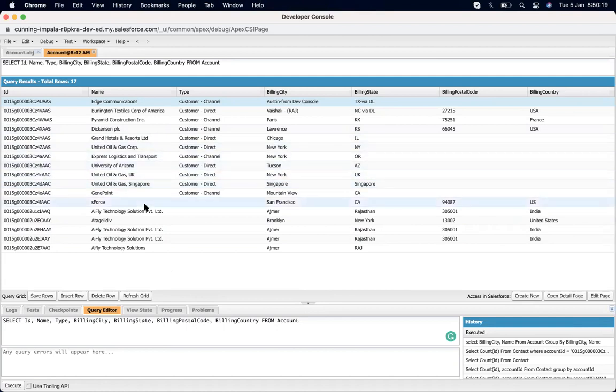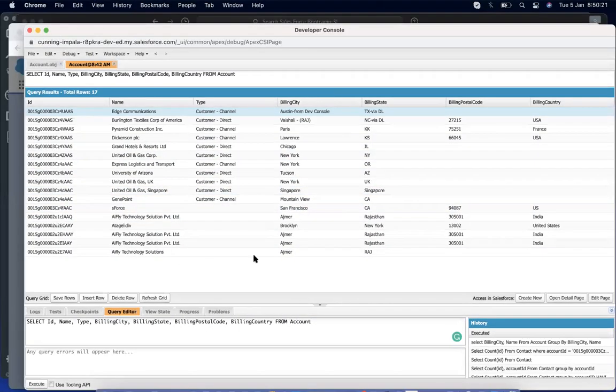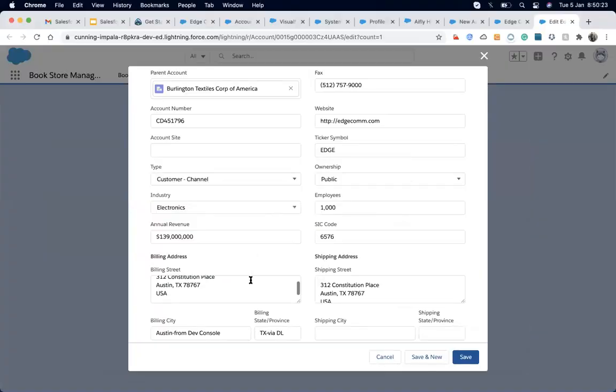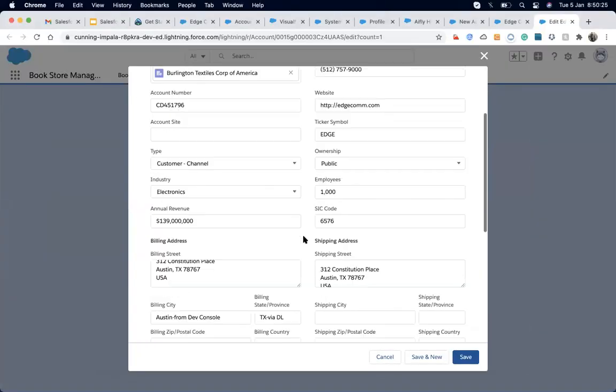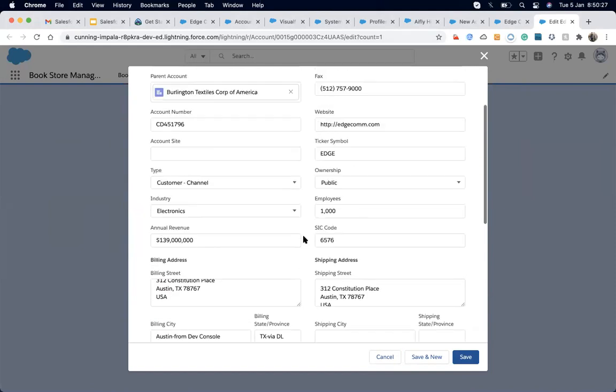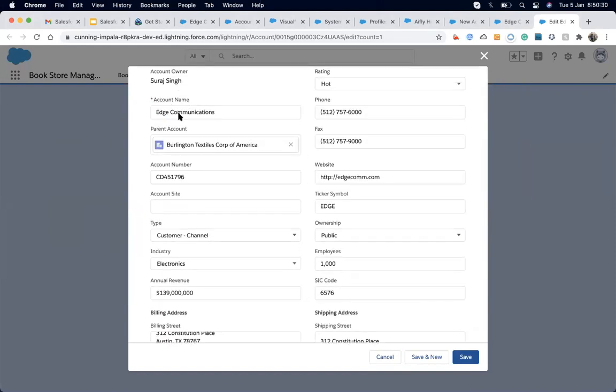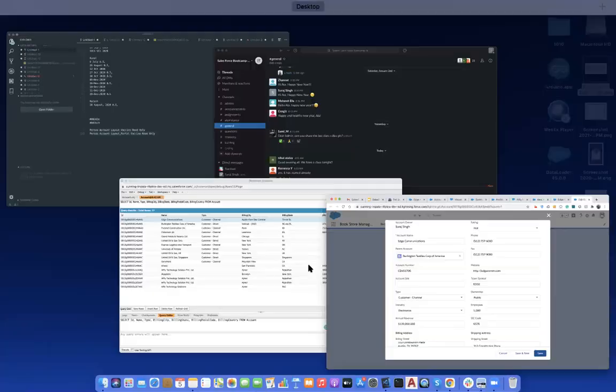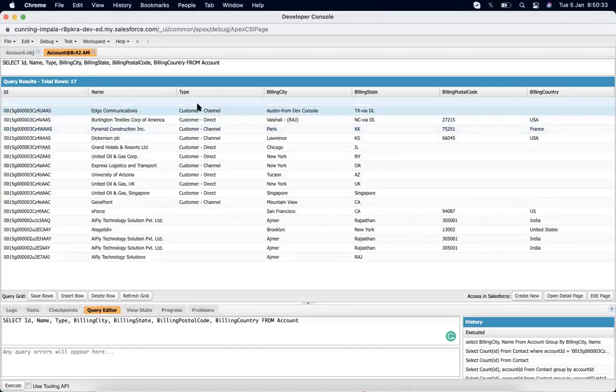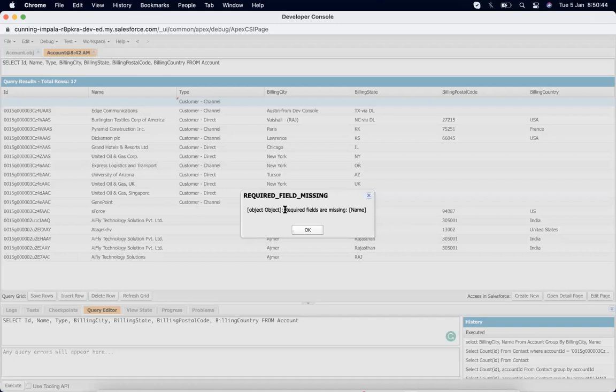Suppose account name is required every time. If I hit insert a new row and only type customer Java, it shows me an error that the required field name is missing.